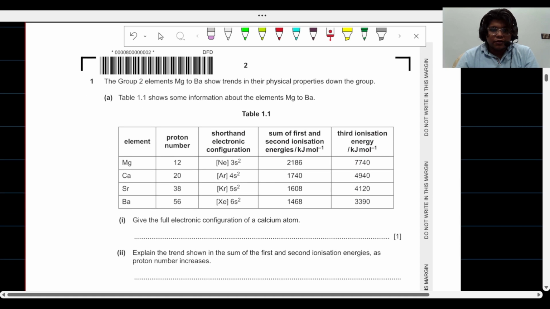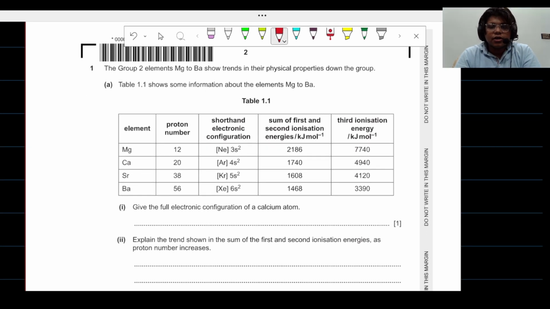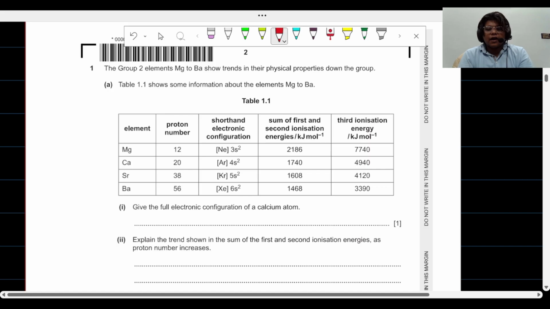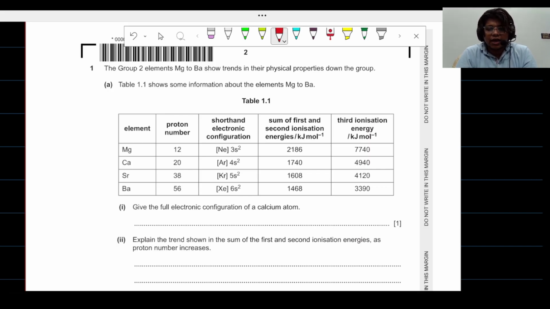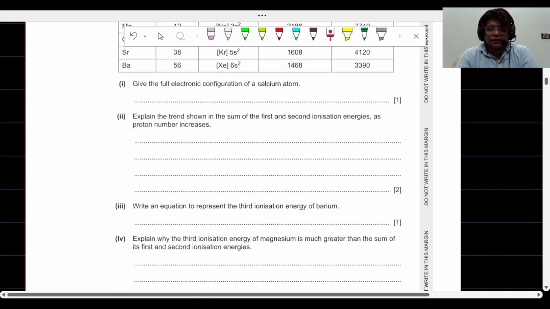Alright, so if we move on, the first question says that the group 2 elements, magnesium to barium, show trends in their physical properties down the group. So we have some properties of these group 2 elements: the electronic configuration, their proton number, the sum of first and second ionization energies, and the third ionization energy. First it asks us to give the full electronic configuration of a calcium atom,